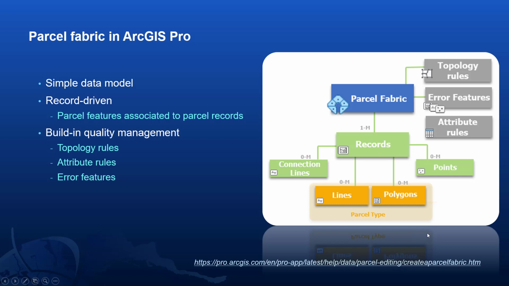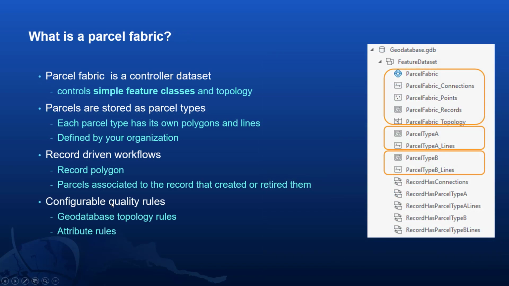Another difference is that every parcel type has its own polygon and line feature classes. So if you have two parcel types in your parcel fabric, you will have two of those. Each one can have its own different schema and its own rules based on the behavior you seek to have. So you can create as many parcel types as you need. As you see here in the diagram, each one has its own polygon and line feature class. And the records are also,